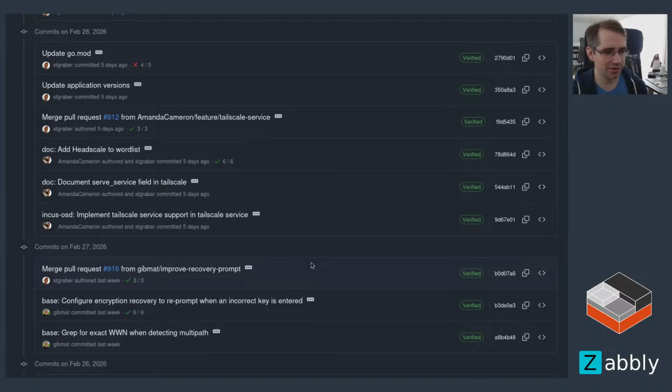Some more follow-up on the multipath handling. Also a tweak to the recovery prompt. We had that issue where the recovery prompt would not really give you any feedback if the password is wrong, wouldn't really let you try again. So that's been fixed now, so that it's a bit better, and you get to actually be asked to try